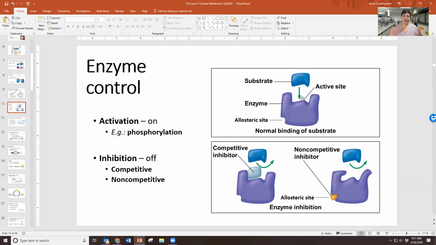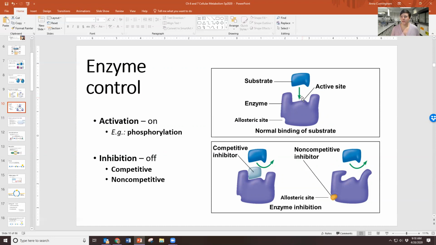So not only does substrate binding to the active site, that's not necessarily enough for us to get this reaction to proceed. Usually, just like with transcription, we have to say yes, go ahead, or no, don't do this reaction. Because enzymes are so important, usually we have a lot of them present in a cell. So because we have a lot of them present in a cell, we want to be able to turn them on and off when they need them